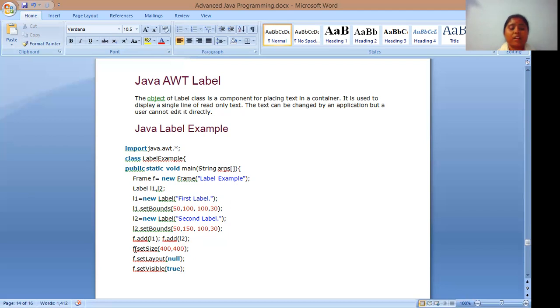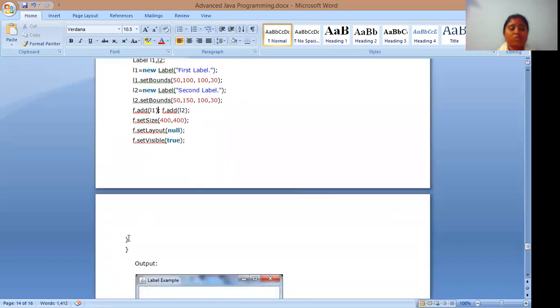After adding, we are setting the size of the frame 400 by 400, and set layout method is null, and we are showing the f frame on the screen. Set visible method is true, so it will appear on the screen.